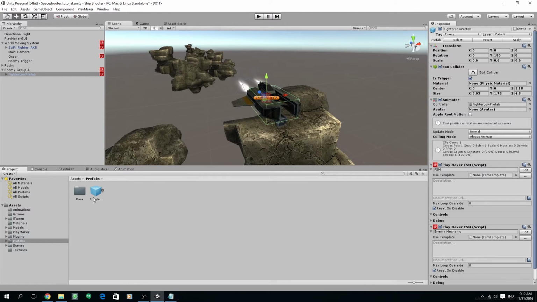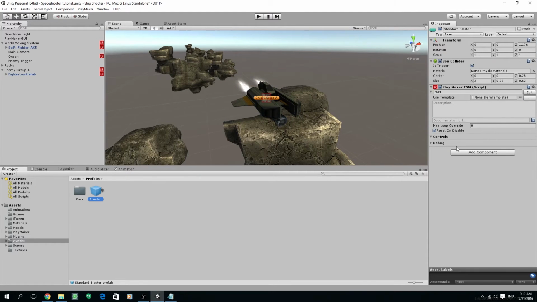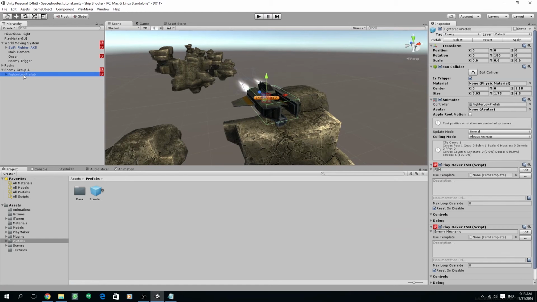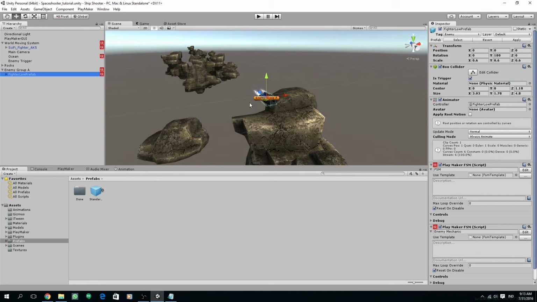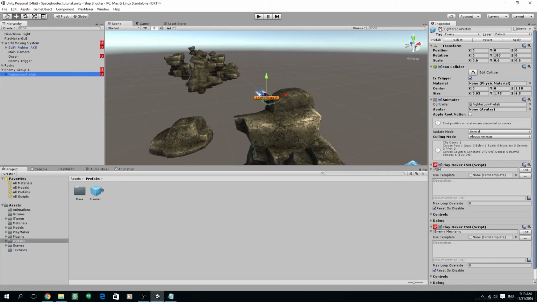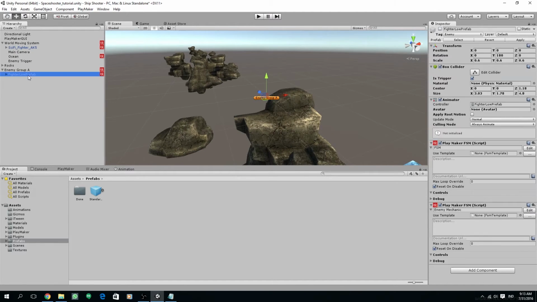Okay, and make sure that our standard blaster has a rigid body, because basically for the collision or the trigger to work, one of the objects will have to have a rigid body component, but we can disable the use gravity, so it will only detect the trigger for the standard blaster. Okay, so now let's do this. Save this and then disable again the fighter low prefab and make a couple